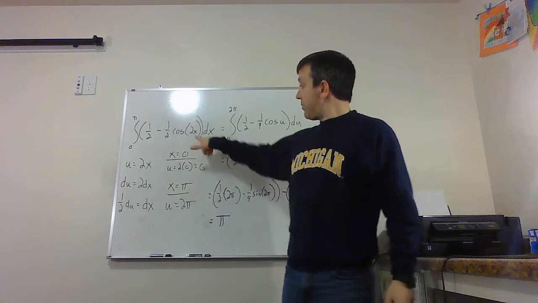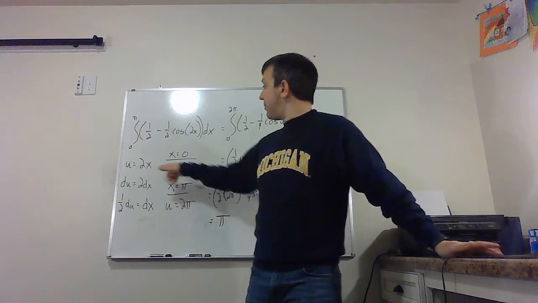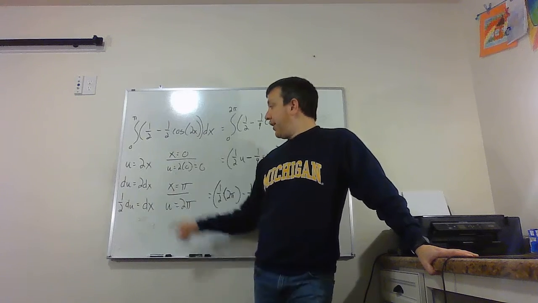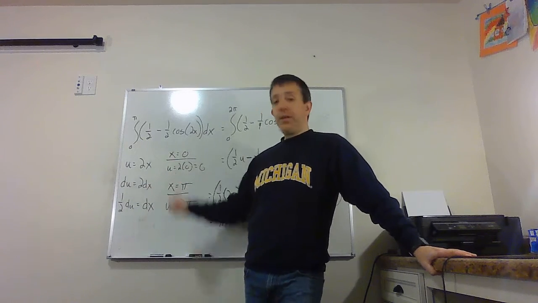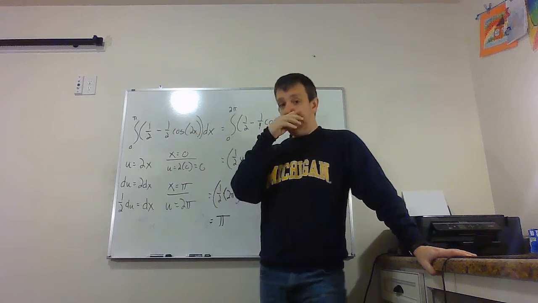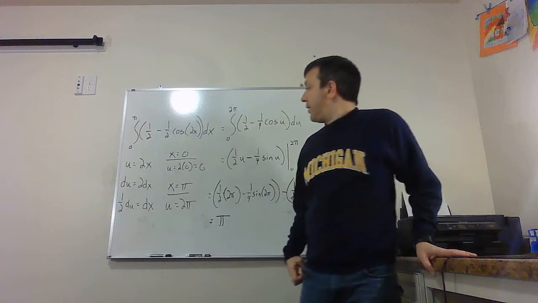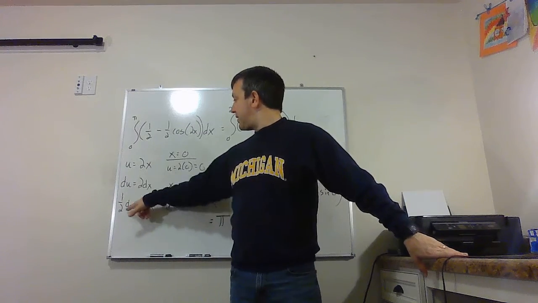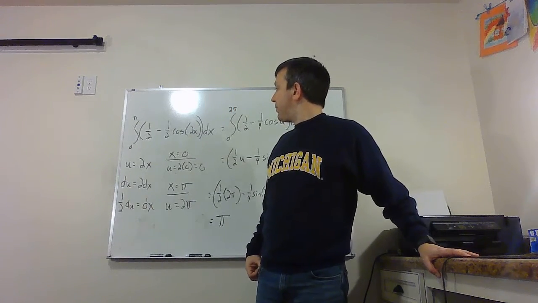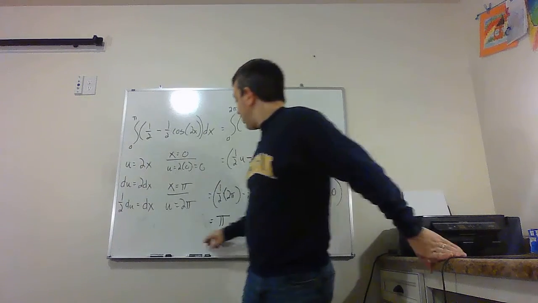So now I'm going to do my substitution because I can't work with that 2x inside of the cosine. So I'm going to make u be 2x, and du then is going to be 2 dx. Remember, don't forget that dx. Now, we don't have a 2 in front anywhere, really. So what I'm going to do instead is make dx equal to 1/2 du. That's going to make that a 4. All right. So when I do that,